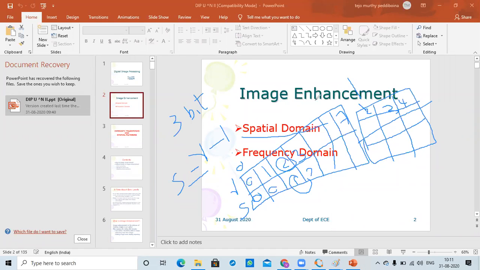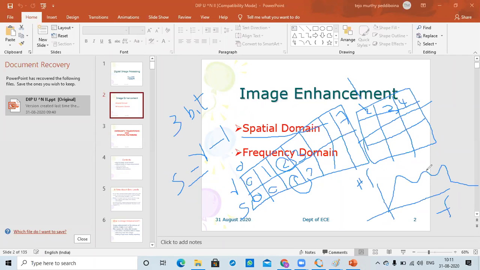We operate pixel by pixel. In the frequency domain, first we convert the image to frequency domain information. For example, with respect to F, if it is a signal, we will find the frequency value and H of F. Then I will find the response like this.